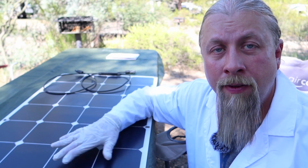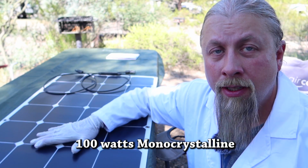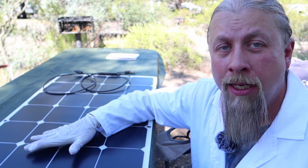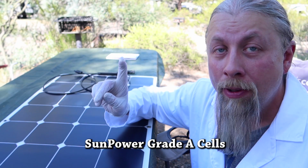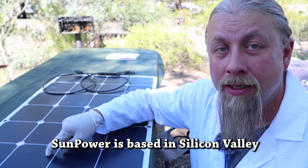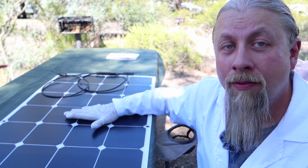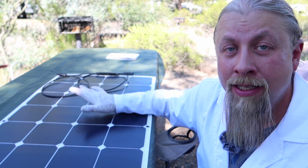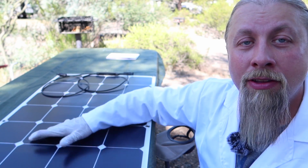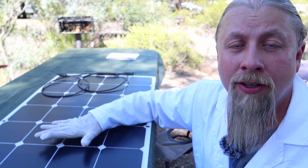So let's talk about some of the features of this solar panel. Now, this is a 100-watt monocrystalline flex panel. You can flex it up to 30 degrees. It's made with SunPower brand, made in the USA, grade A cells. So these are some of the best cells in the industry that go into this panel. This company, BougeRV, I believe, is based in the United Kingdom, but the cells in the panel are made here in the States. So you use an extra thick PET coating on this, which is better than industry standard, and